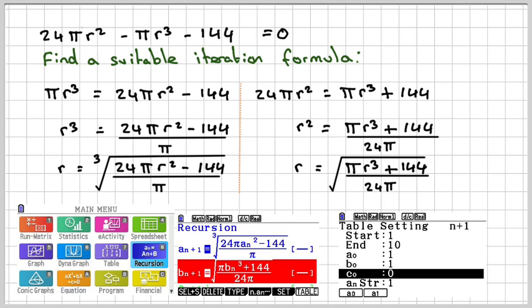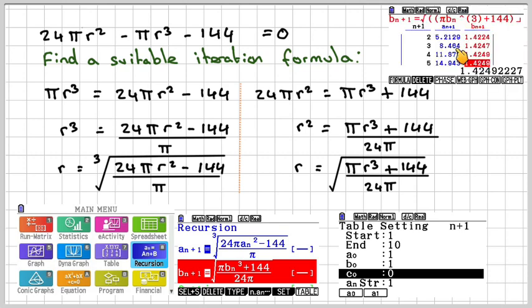Right, when I exit that and then press table, I get this set of results. Now, I can see from this one here that the numbers are actually diverging. So this formula is not going to be any good, but I can see from this one here, they're actually going to converge onto 1.42 approximately. Okay, so I'm not going to use this one, I'm going to use this one. So carrying on using that formula,